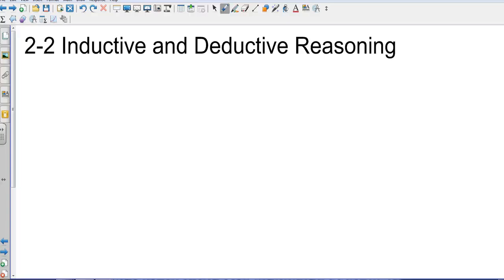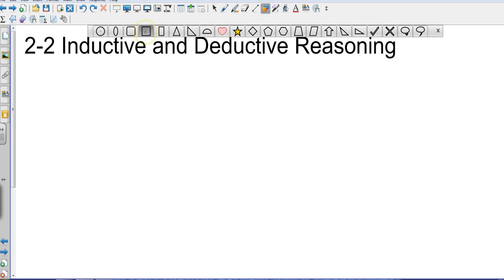Okay, Geometry, Chapter 2, Section 2, Inductive and Deductive Reasoning. The basis of all of this will be a statement, will be a conjecture. And that conjecture is an unproven statement which is based on observations. So you might be looking at something and be able to tell what it does 3 or 4 spaces down the road. For example, if I had, let's take a little square here,